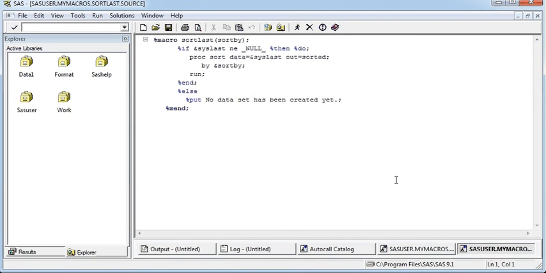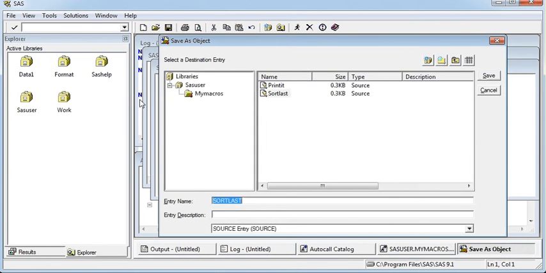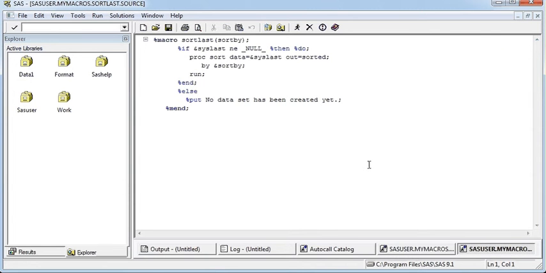you can open that. So you can write a macro in the editor file and then save it as a save object. In that, you can go to a library, then create a folder. Inside the folder you can save this as a source entry file, because when you save it as a source entry file we can recall it in the code. So I have saved two macros in the catalog.